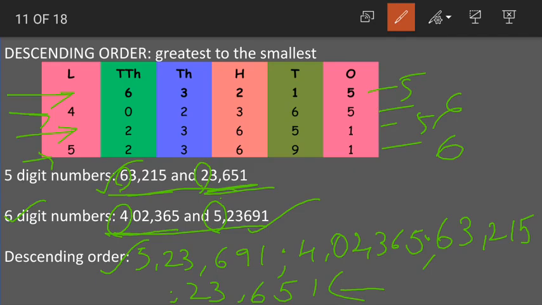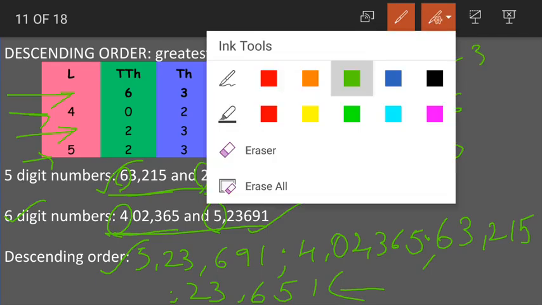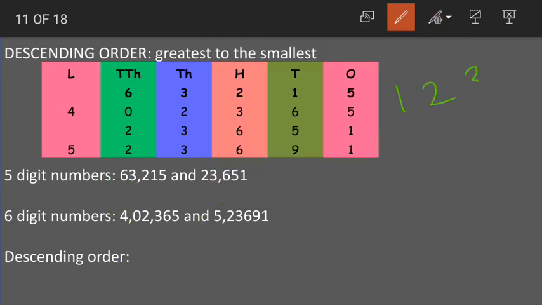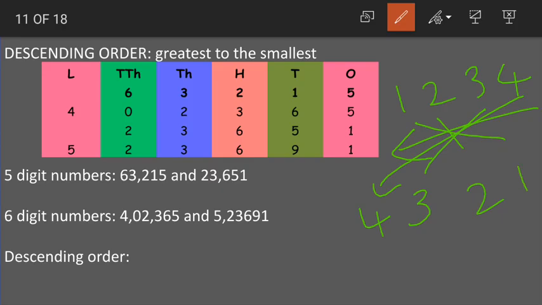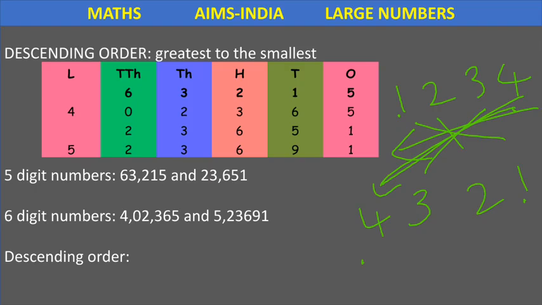Actually when you write ascending order, if 1, 2, 3, 4 is the ascending order, right? Smallest to the greatest. Now for descending order you can simply write them in the opposite way. First number will be 4, second we write 3, then 2, then 1. Okay children, even if you do not have the time to solve, you can simply write the same numbers in the reverse order. 1 was the first number here, 1 becomes the last number, 4 was the last number here, but 4 becomes the first number in descending order. I hope this is clear.